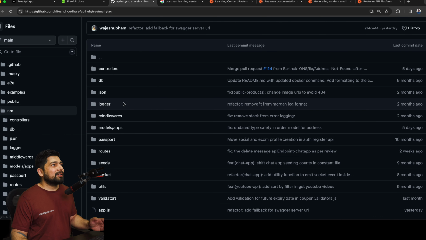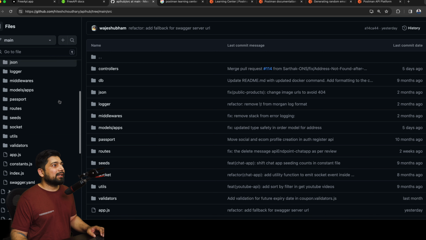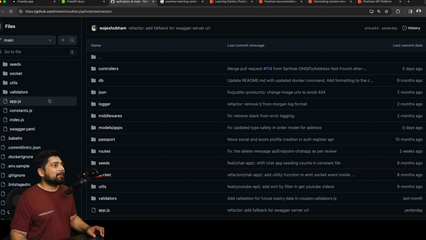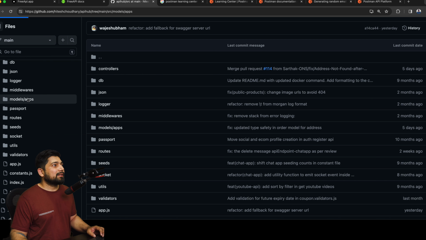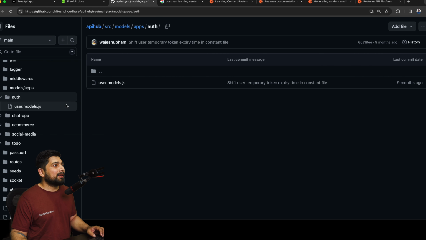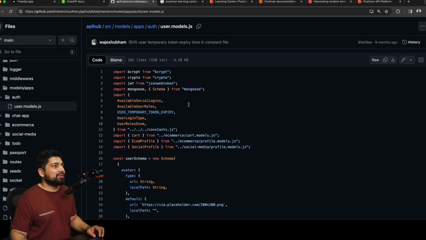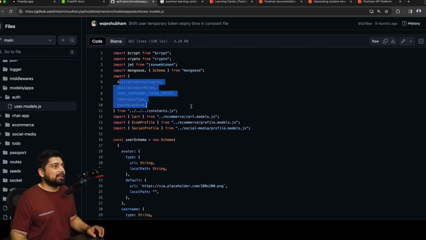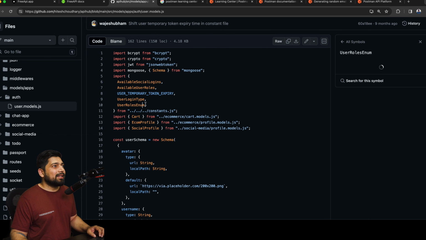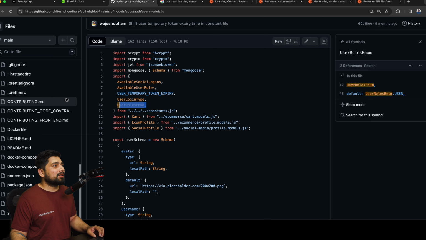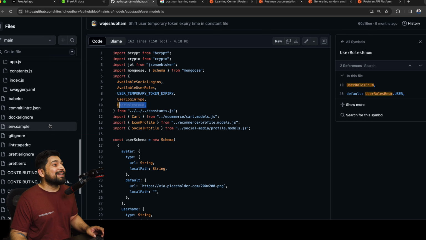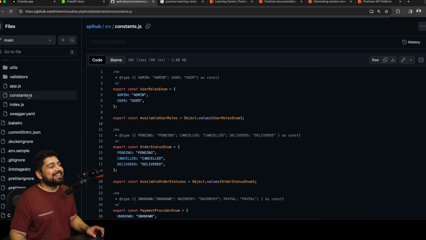And the first obvious step to check out should be, let's go ahead and see where the models are. Here are the models in the auth, in the user model. Let's see how the user model is being defined. If I check this one here, oh, there's a user role enums. Where is this? It's coming up from the constant.js. So I'll hunt for the constant. I can just search for it as well. But I know we designed it. So I know that constant.js, I can just go into it and, oh, this is where you are saying,